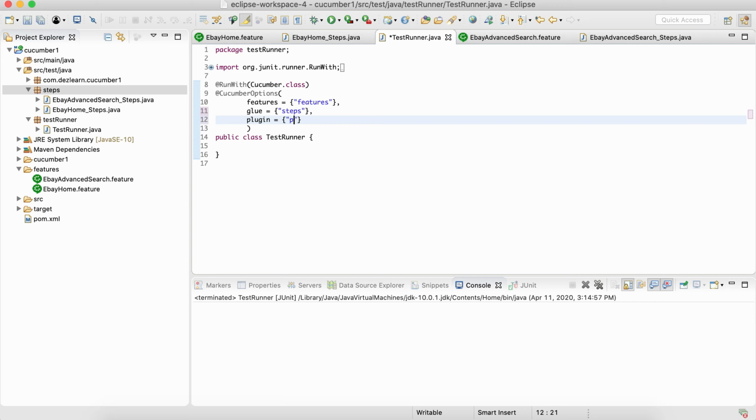There is a format called pretty format, and we can have output in three different formats. One is HTML, another is JUnit, and the third one is JSON. So let's see how to get the output in the HTML format. We'll just say HTML and we'll give some folder name, let's say report1. So what will happen is when we run this test runner, an HTML output file will be generated inside